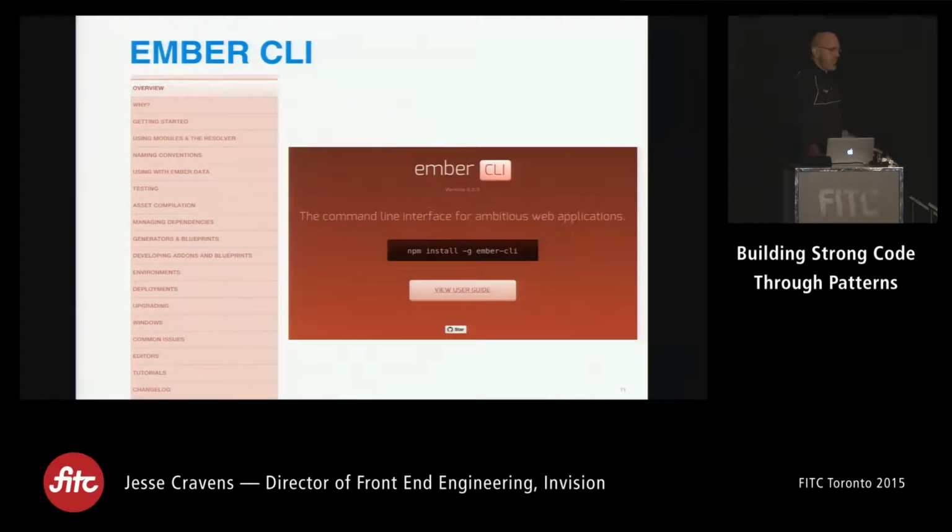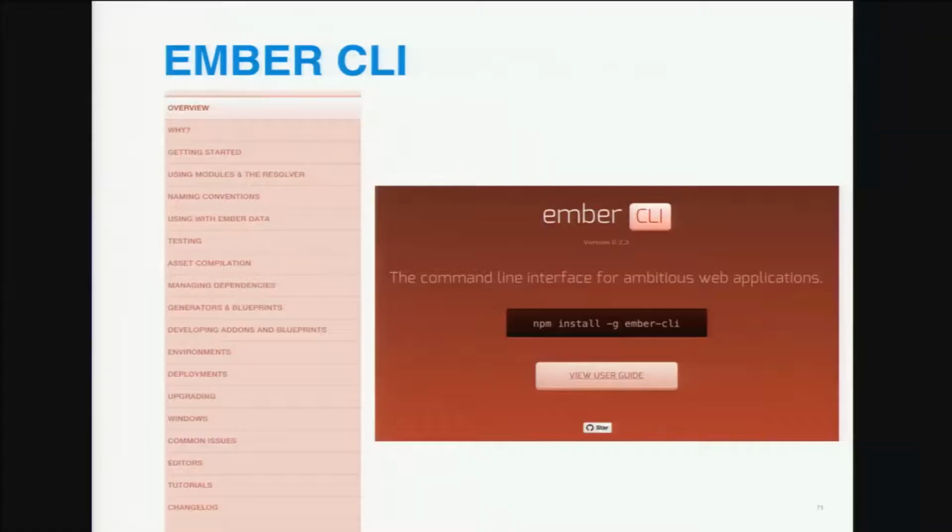The other aspect to ergonomics is having something like a CLI client, a command line interface like this that encompasses all of your development workflow. If you're not familiar with Ember CLI, I would recommend, if you're writing an Ember app today, use Ember CLI. It provides all these things on the left, and all these things you don't have to worry about when you're